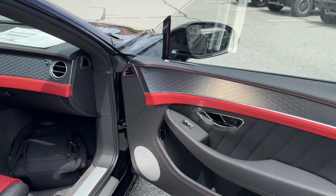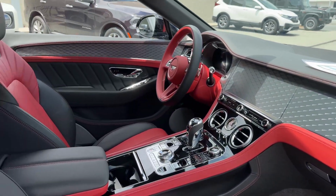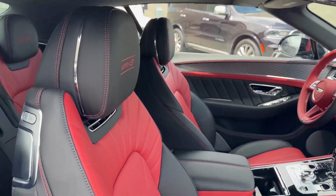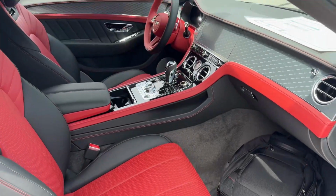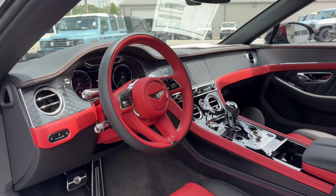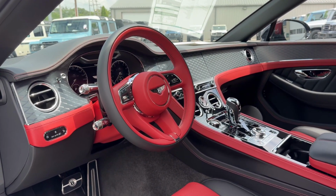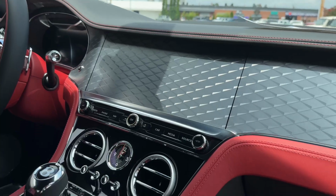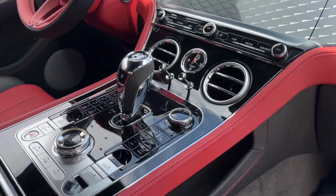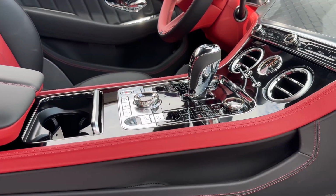All right, now that we are stopped, let's talk about this interior space. I've expressed this multiple times: the interior is why Bentley is one of my most favorite luxury automakers. When you look at this interior design, there's just so much going on, so much for your eyes to behold. I would personally put this above Rolls-Royce, in my opinion. Rolls-Royce is cool, I appreciate them. I've driven things like the Ghost, and I do like it, but when you see it visually with your eyes,